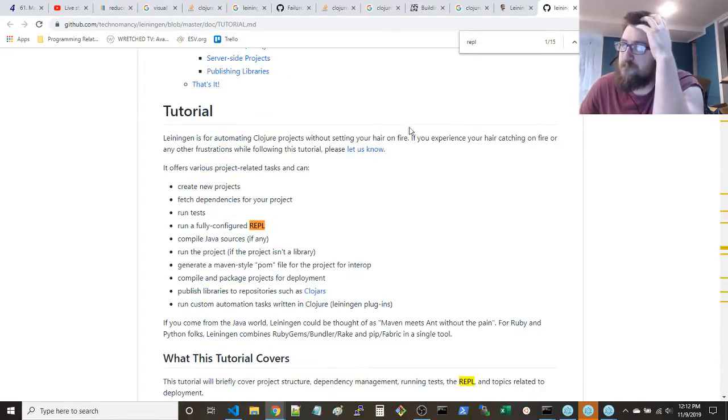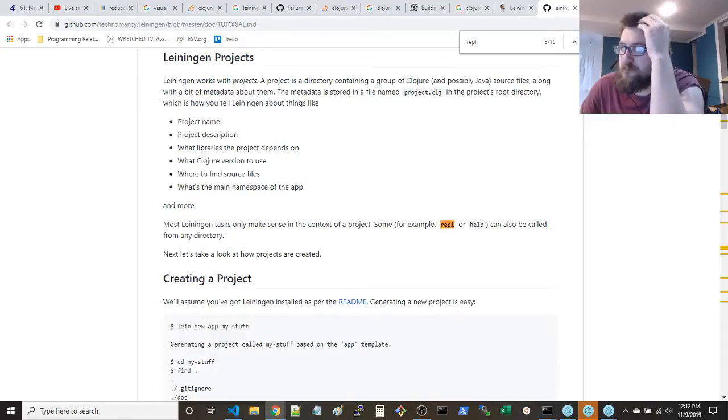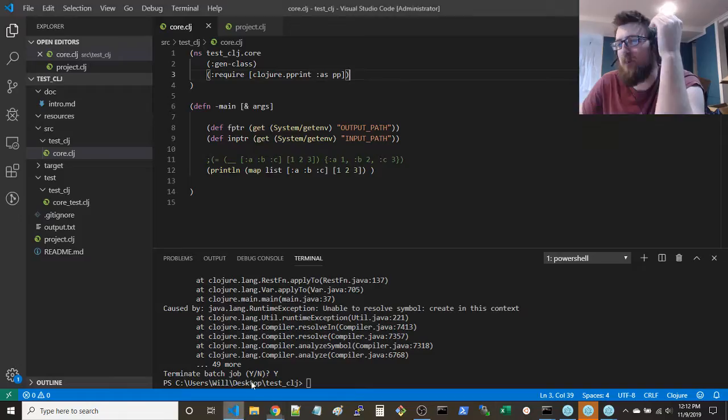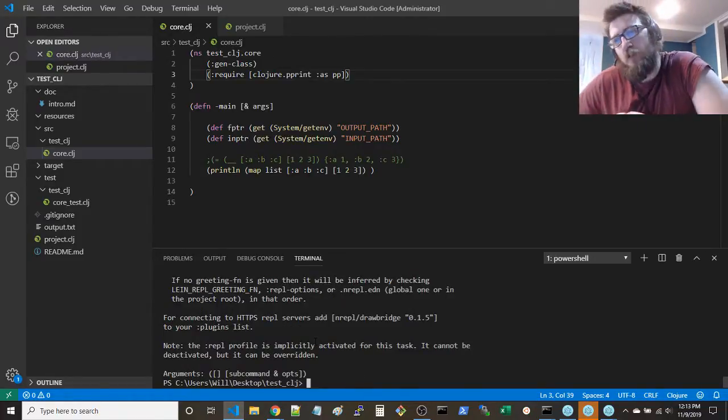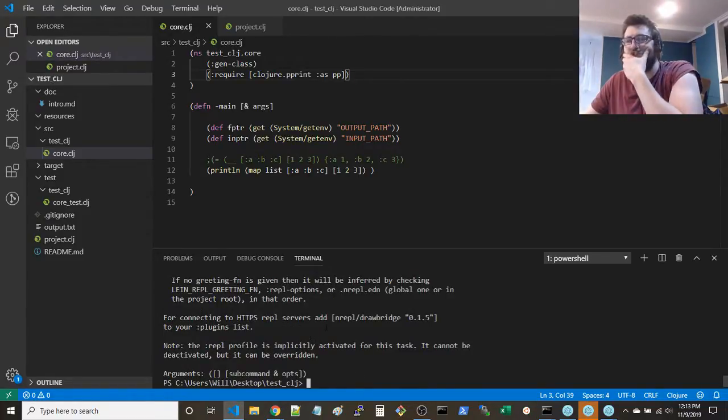REPL. Can we do REPL help maybe? Could try that. There we go. Okay.